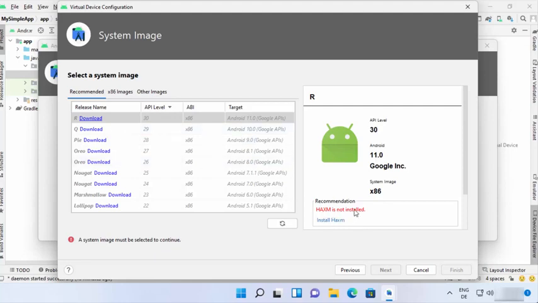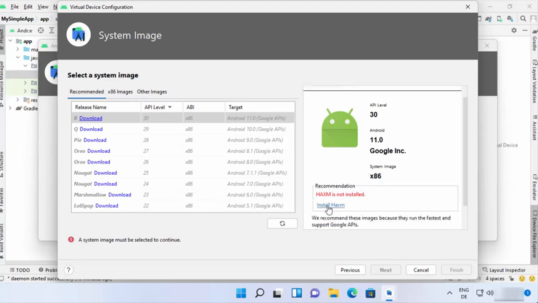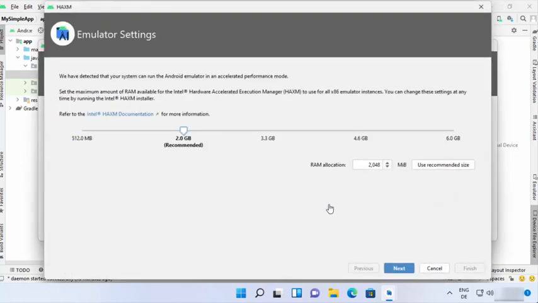But on the right hand side, I can see this red message which says HAXM is not installed. So if you see this message, then the fix is simple. You just need to click on this install HAXM. If you don't see this message, everything is fine for you and you don't need to install HAXM. It's already installed on your device, right? So if you see this red message, just click on this install HAXM and then click on next here, which